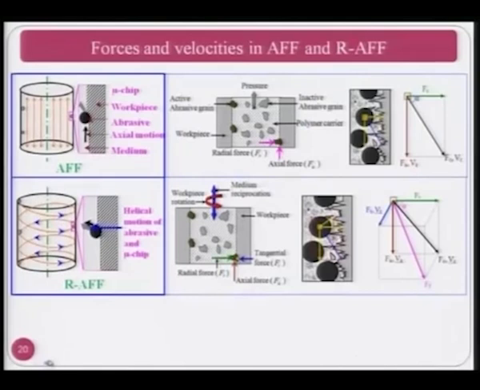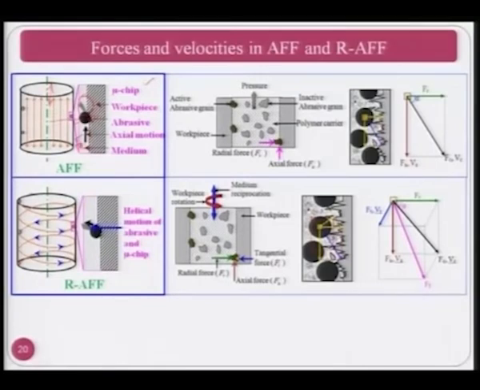Now this tells you clearly the difference between abrasive flow finishing process and rotary abrasive flow finishing process. This we have already seen in abrasive flow finishing process, where the medium is moving up and down due to the upper medium cylinder and lower medium cylinder, and you can see here the abrasive particle which is penetrating due to the radial force Fr, and it removes the material in the form of the microchip shown over here due to the